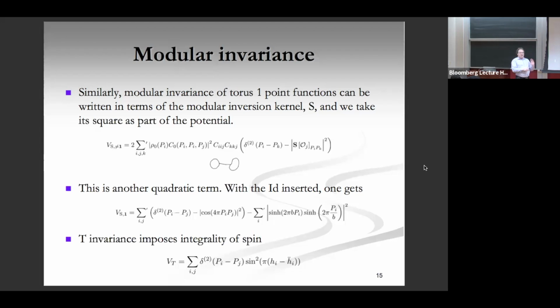And I don't treat this as part of the propagator. I treat it as a quadratic interaction vertex. Turns out that's the right thing to do. And then there are some pure matrix pieces. If I just looked at the S invariance of the torus partition function, that will give me an expression like this, and I won't have much to say about that today. So I really wanted to focus on the tensor part in the remaining few minutes.